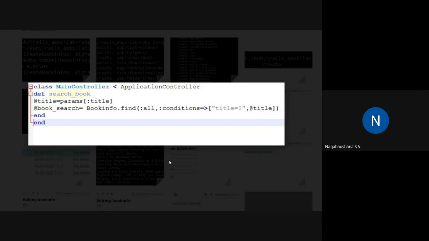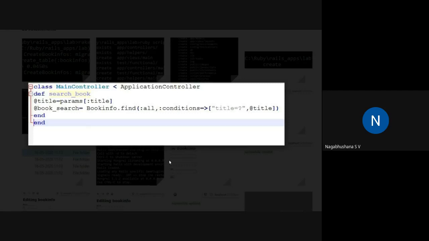This is how we edit it, and we write @title = params[:title], because this is the name of the text field. This title is the name of a text field, and for BookInfo, we have given the singular form of the table name. You can see BookInfo.find is a method, and the condition is given to match the exact title which is there in the database.